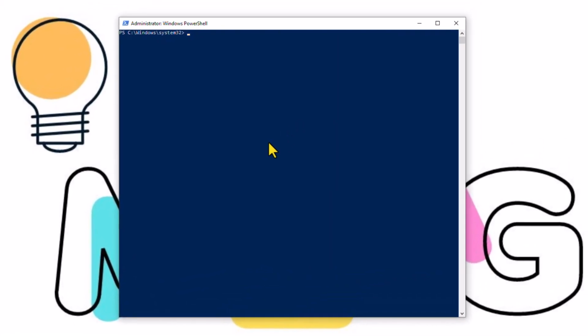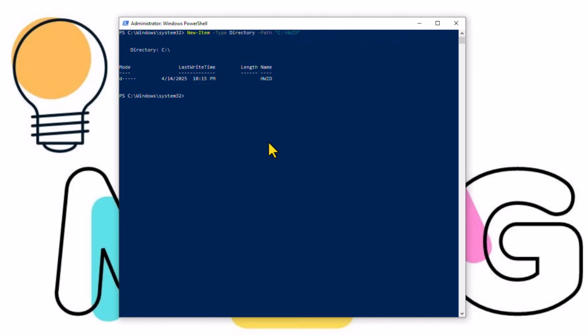With Windows PowerShell open, the next step is to create a folder to save the extracted hardware hash file. To do that, I will type in the command New-Item, then I will use the switch -Type. It will be a directory, and then I will use the switch -Path and mention the path of the folder. So I will create a folder inside of the C drive with the name HWID. And hit enter. So now you can see I have the directory created inside of my C drive with the